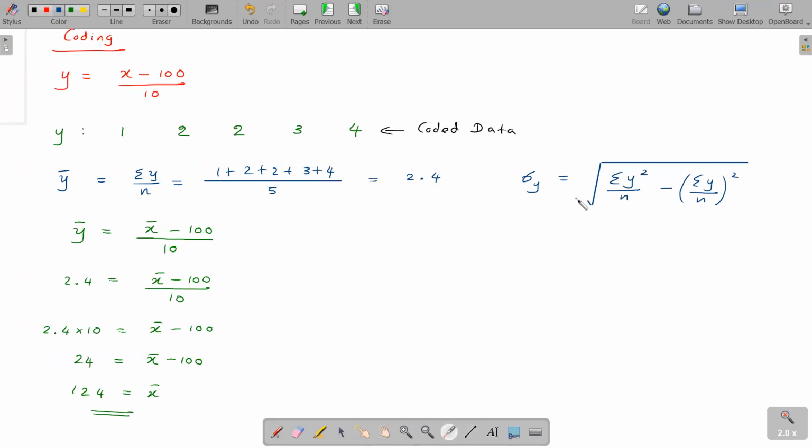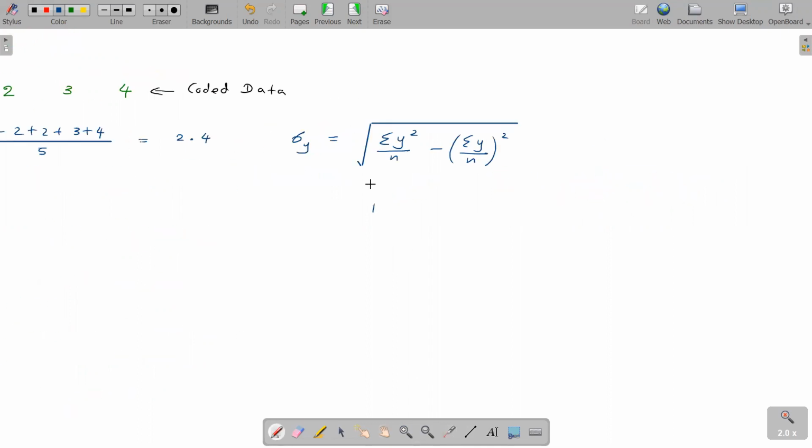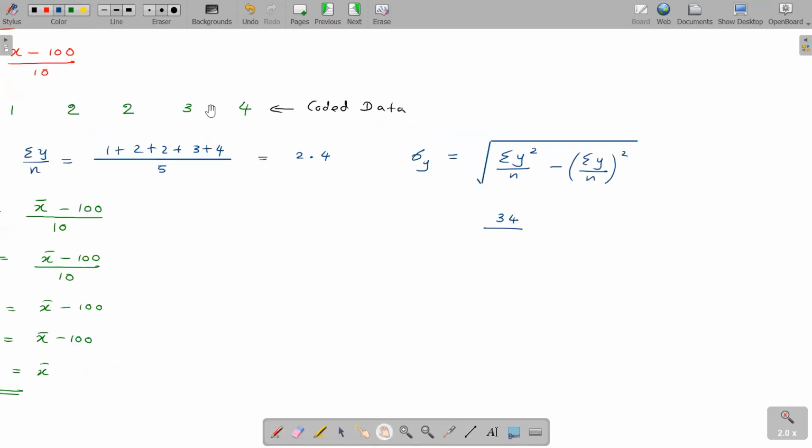How do you get sigma y square? You have to square all the y values and add. So 1 square plus 2 square plus 2 square plus 3 square plus 4 square. How much is it? 34. Guys, do you agree? That's 34, over n is 5,